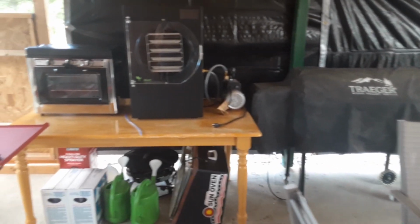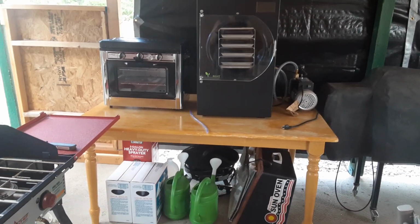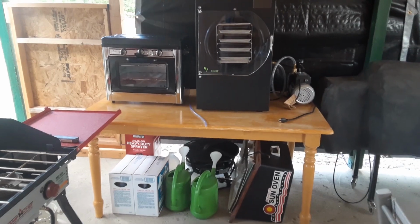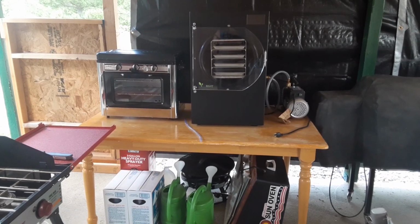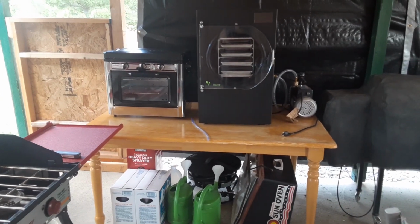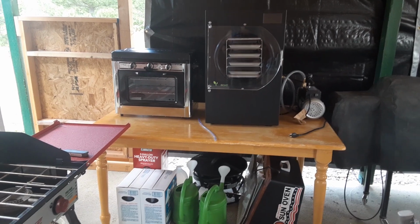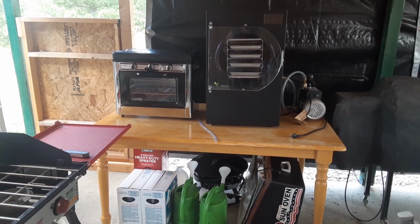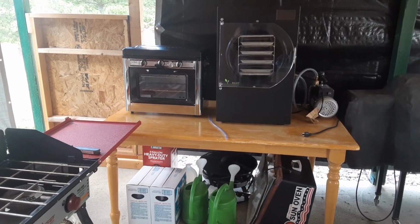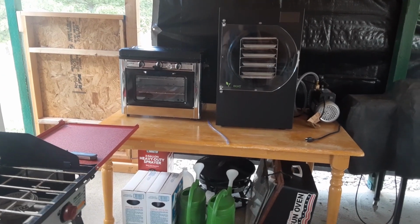And then here's our Harvest Right freeze dryer. We went ahead and decided to invest in one of those. No, we're not one of those lucky YouTube channels that were gifted one to promo it. We were getting freeze-dried foods anyway, and we want to be able to have meat and things like that not in our freezer. And of course, I'm going to be canning a bunch of our freezer meat as well,